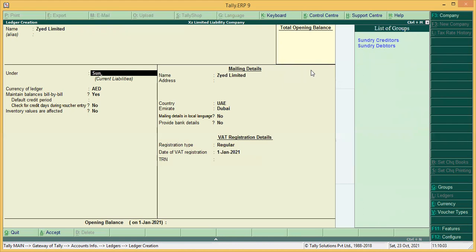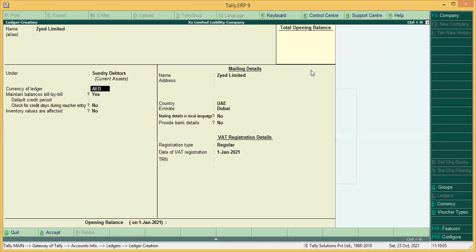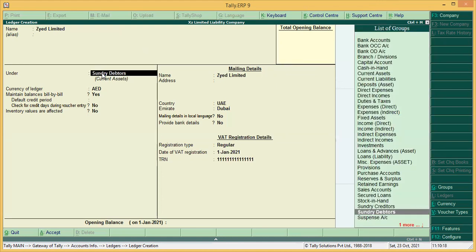So you will select here Sundry Debtors. All the details as they are, you will fill the way we filled before. Here you will put the TRN. The only difference is the selection of under which account it will come. So if it is your customer, you have to select Sundry Debtors. If it is your supplier, you have to select Sundry Creditors. So like that, you will save.